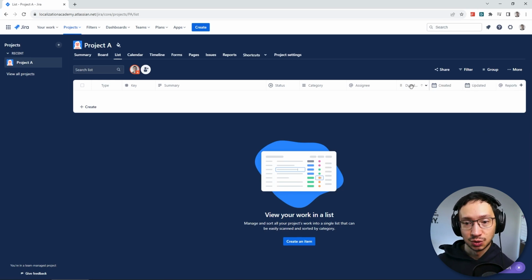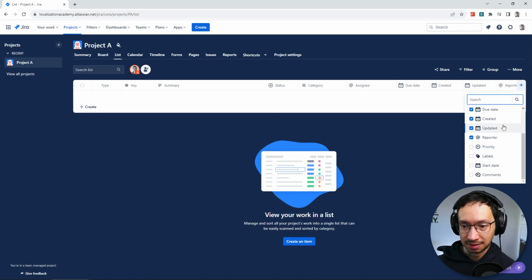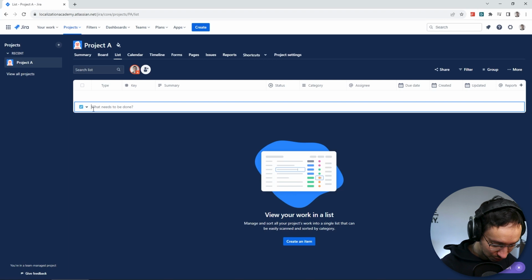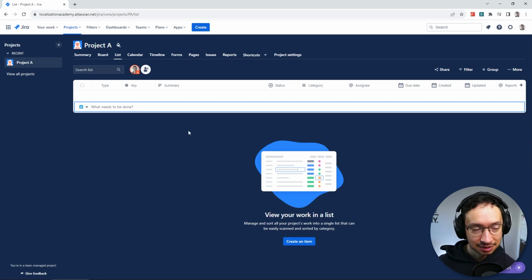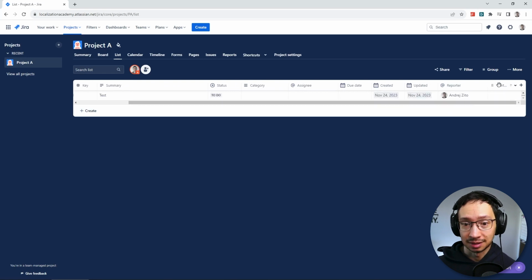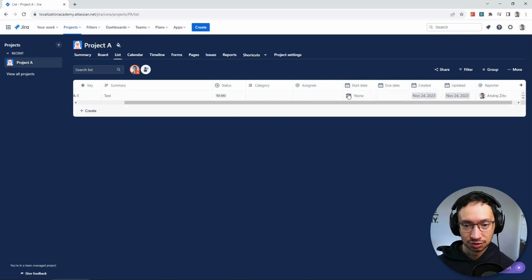You can see we have a due date, which is very important, but we're missing the start date, and that one is hidden by default, so you can unhide it by selecting this one. And now it should be added to our header, but for some reason I don't know how to move to the right side, so I actually have to create the first task so that I get this scroll bar, and then I can see the start date is right here. This is one of the things that makes my head scratch a little bit. It's a little bit inconvenient to do it this way, but okay,